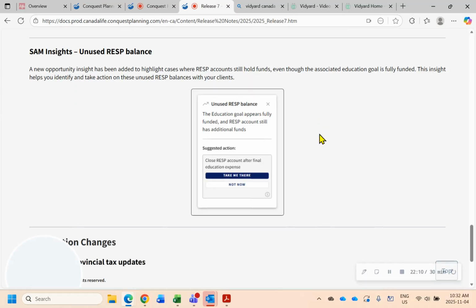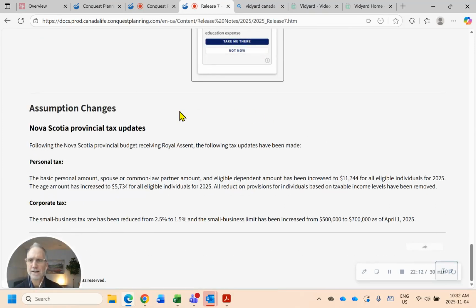Back to Release 7, finalizing my presentation here, assumption changes. So for Nova Scotia, the provincial tax updates have occurred, and the budget has received royal assent, as you can see there. So for the personal tax, the basic personal amount, spouse or common law partner, and eligible dependent amount has been increased to $11,744 for all eligible individuals for 2025, and the age amount has increased to $5,734 for